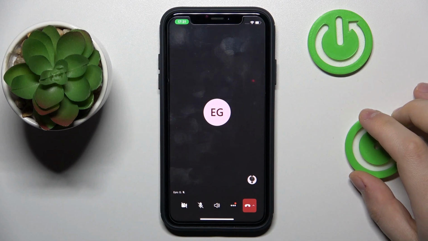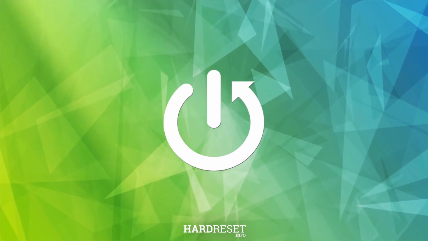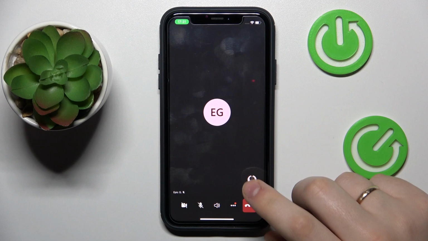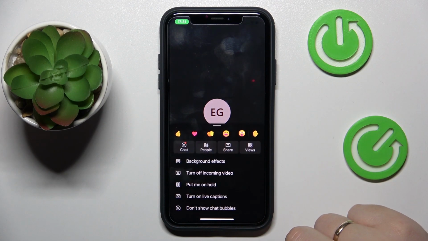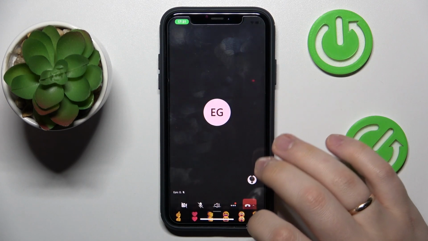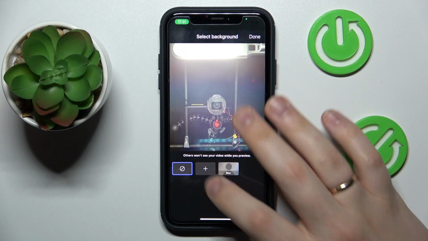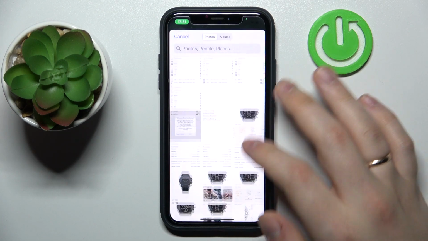that you can upload a background on Teams. So that's a very simple thing to do. You just go in, need to tap on the three horizontal dots, then choose background effects. At the following page, tap on this plus sign over here. Choose the image that you would like to set as your background from gallery,